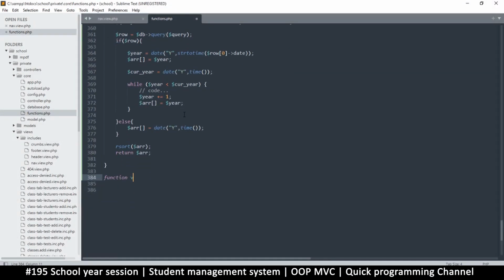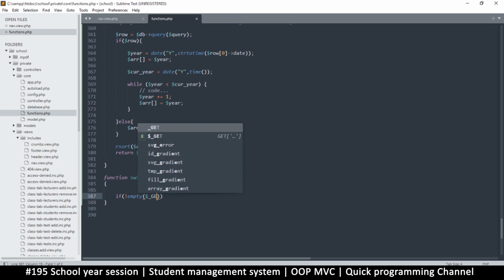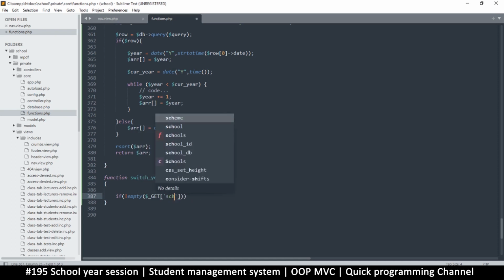So this one is get year, and this one should be switch_year, like so. Okay, so switch year, and let's look for if is set. So if not empty, okay, if it's not empty, the get variable, which has school year in there,